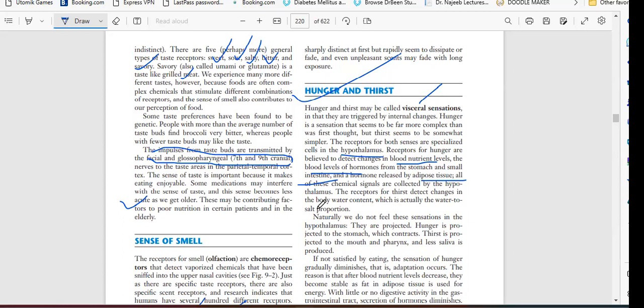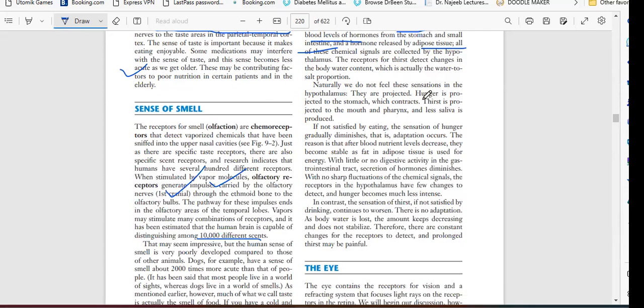क्या करेगा, अपने अपने एरिया के रिसेप्टर्स को वो इंडिकेट करेगा। यानी अब भूख लगी तो आपके ब्लड में न्यूट्रिशन कम हो गए, तो रिसेप्टर्स स्टमक को बताएंगे। यही रिसेप्टर्स इंटेस्टाइन को बताएंगे। मुंह के अंदर रिसेप्टर्स हैं वो बताएंगे, माउथ में ड्राइनेस आ गया, तो आप पानी पीजिए। तो माउथ से वो सेंसेशन हाइपोथैलेमस में जाएगी। So naturally, you do not feel the sensation in the